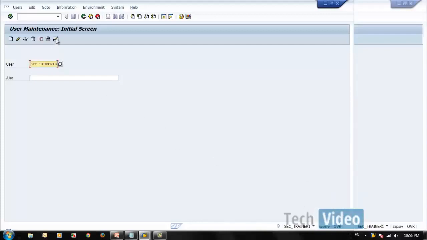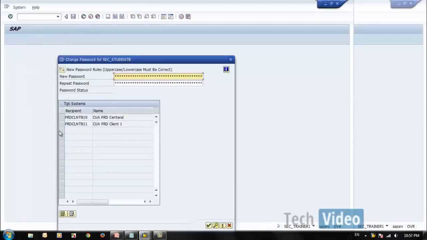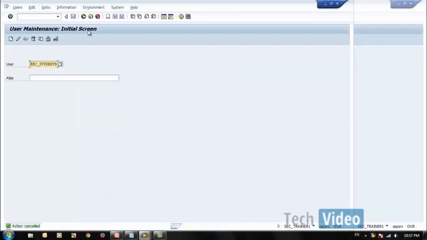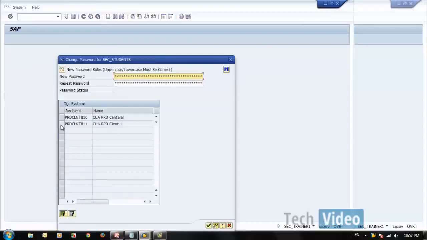In that case I will simply say change password, then you select the specific client, then you can change the password for this particular client. So let's say I select this, and for 811 I wanted to change it to a new password. So I changed and save.